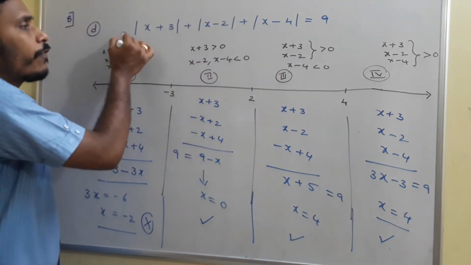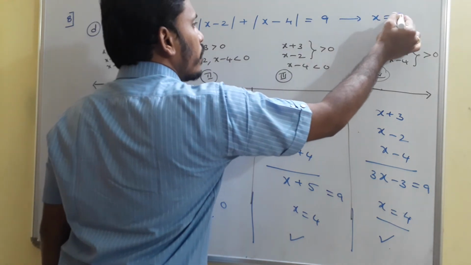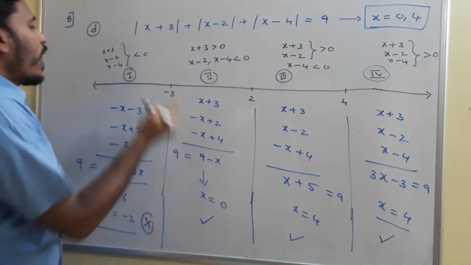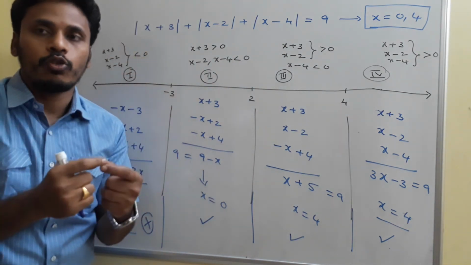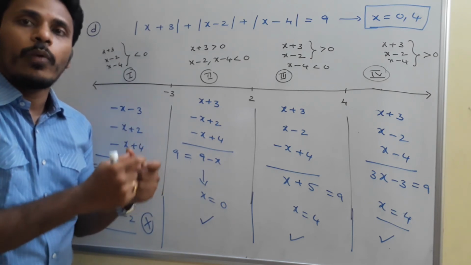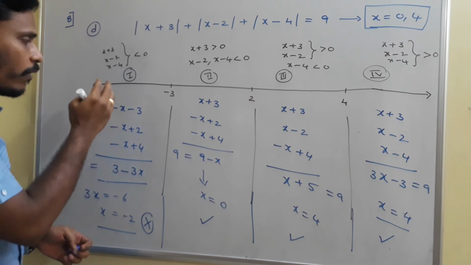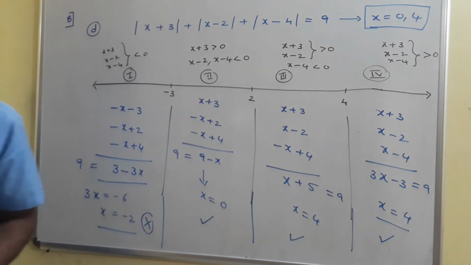At the end, if you solve the problem, the final answers for this problem are 0 and 4. There are just two possibilities. For the last problem C, we have a region of values, but the only possible values of x are just 0 and 4. And we solved the problem just by dividing it into different regions. Okay, just have a look.